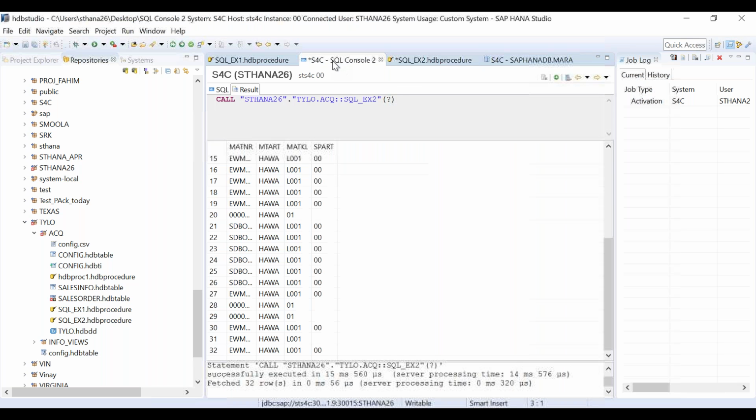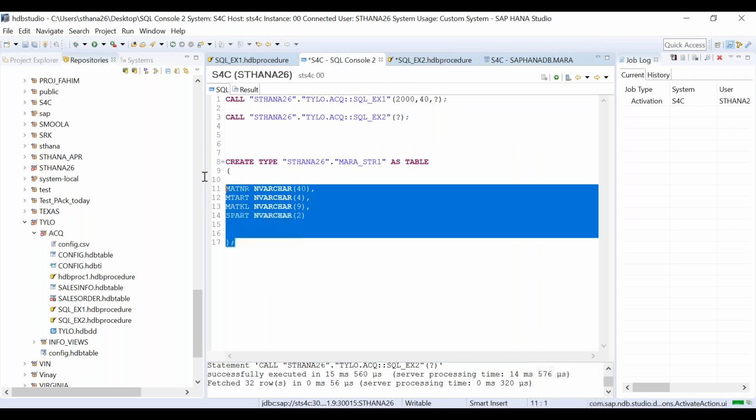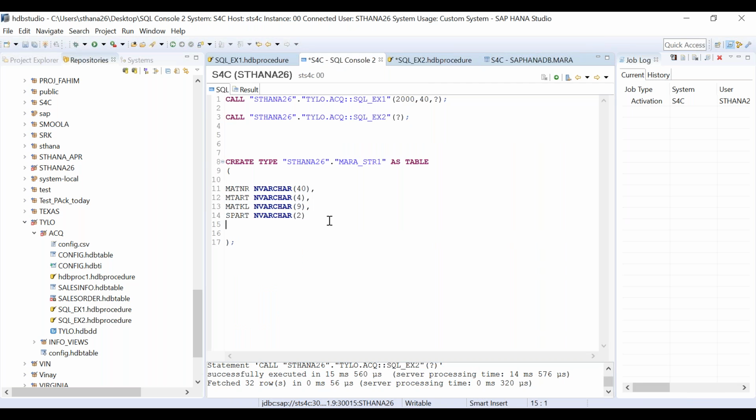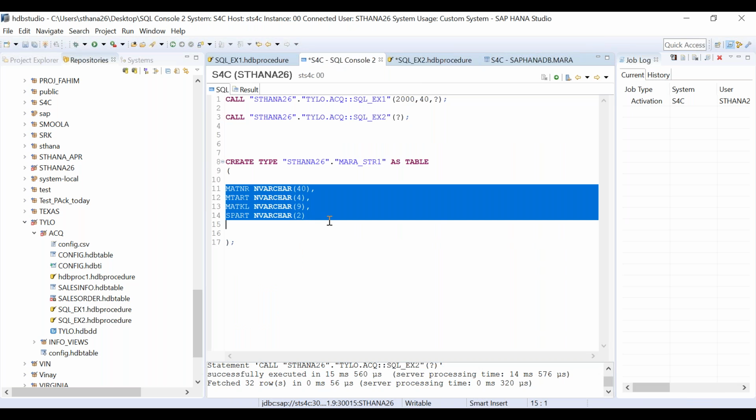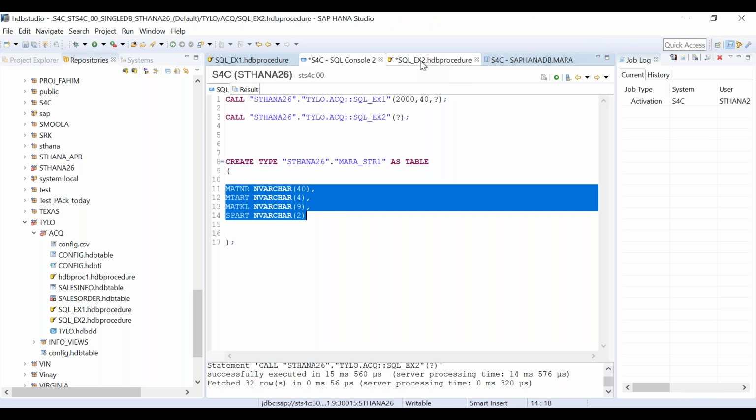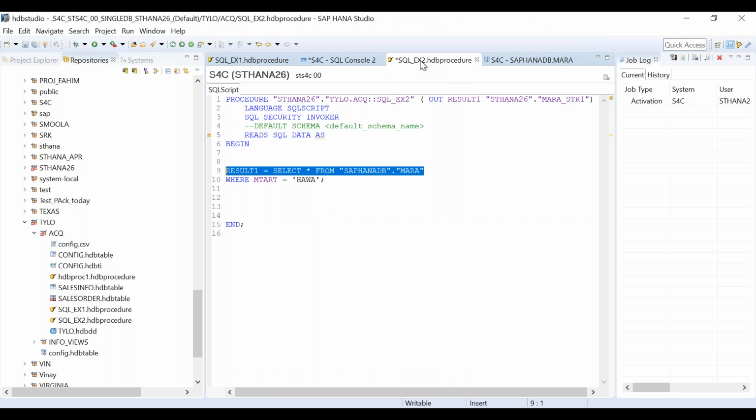So the way I wrote this statement, this is 4 columns. So for that requirement, I have to write all the 325 columns here in order to make this requirement fulfill. But what we can do smartly is don't even create a table type, because a table name is also a table type potentially.